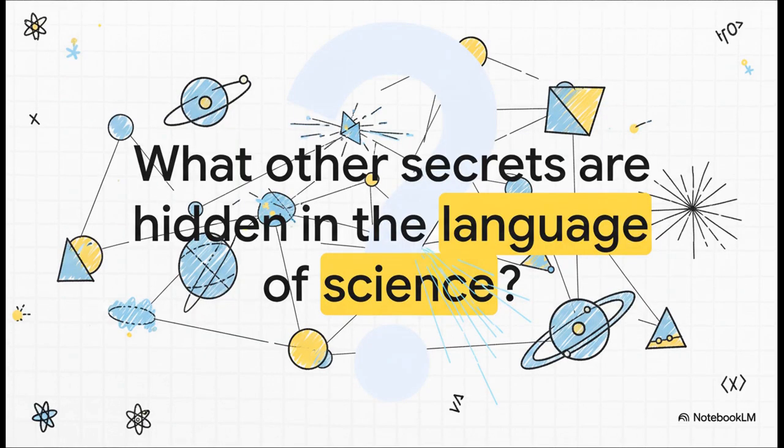And that really brings us to a final thought here. This bracket notation, it isn't just a label. It's a tool. It's a piece of language that's so perfectly designed that it actually makes some of the most complex ideas in physics simpler and clearer. And it just makes you wonder, if a simple, clever piece of notation like this can help us unlock the secrets of the quantum world, what other incredible secrets are just sitting there, hidden in the language of science, waiting for the right words or the right symbols to make them